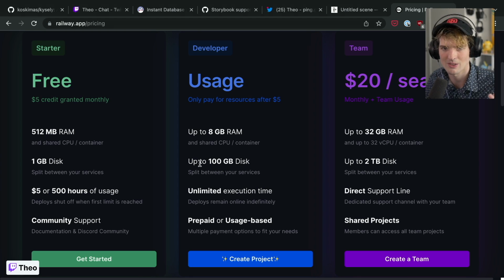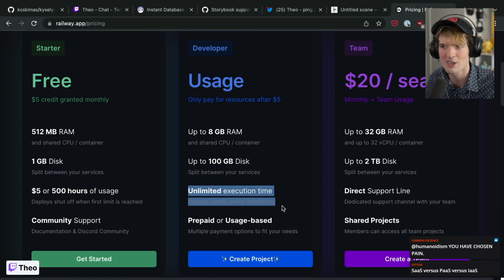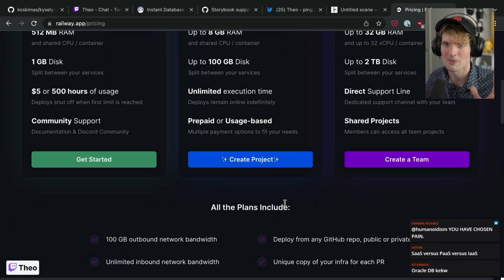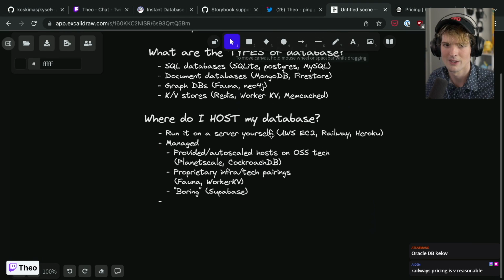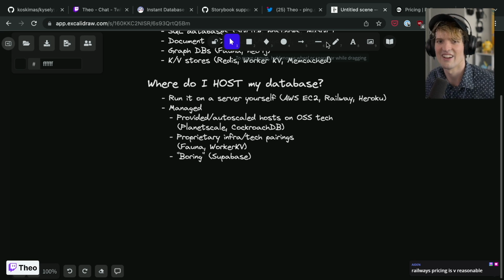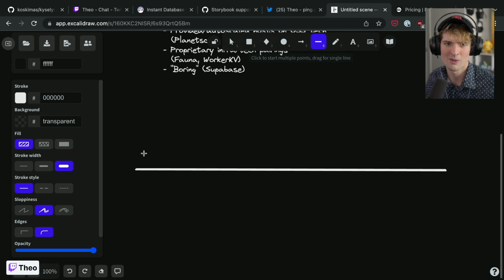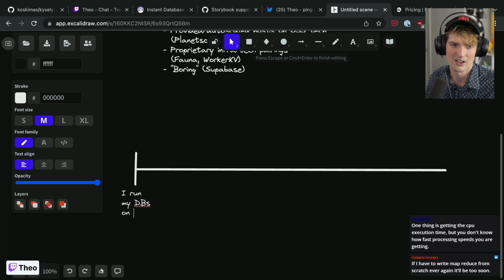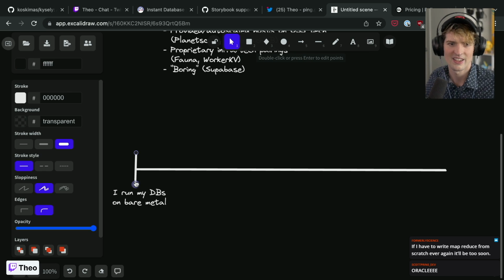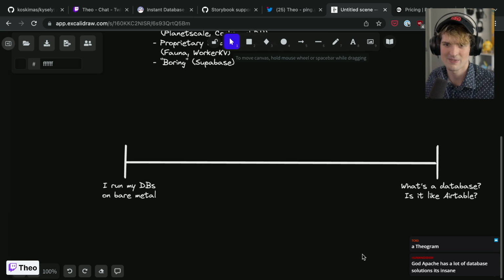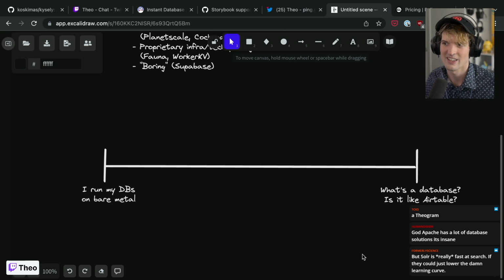So it's how much disk does this box have? How much CPU execution time are you spending? It's almost like a spectrum of how much of the concern you want to own. So we're going to draw a diagram, where on one side of this is I run my DBs on bare metal, wrap that better. And the other side, what's a database? Is it like Airtable? So these are the two different sides that a developer can live on in terms of